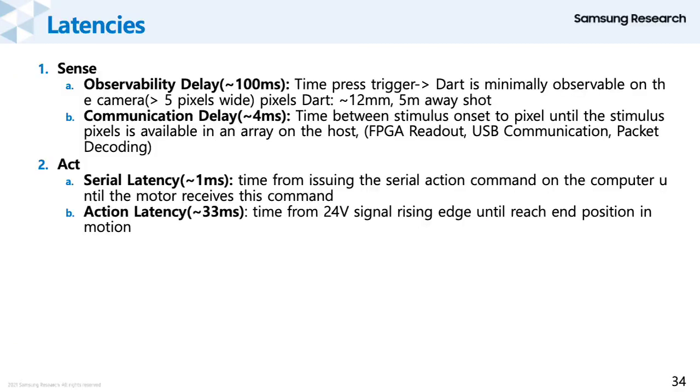Looking into a little bit more detail here, we had an observability delay, which was one of the first things we looked at. This is basically the time between the Nerf gun that we're using being triggered and the dart being minimally observable in the camera. The dart is only around 12 millimeters, and we're shooting it around 5 meters away. In our initial DVS examples, this was around 100 milliseconds to actually get the dart to be observable in the